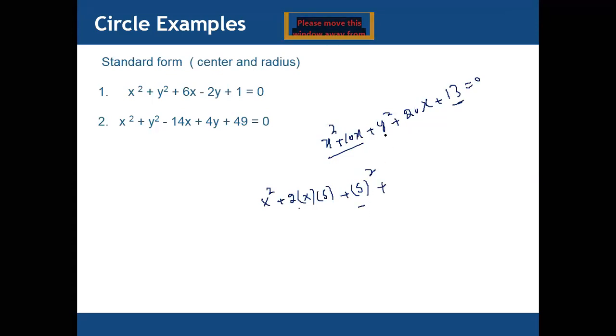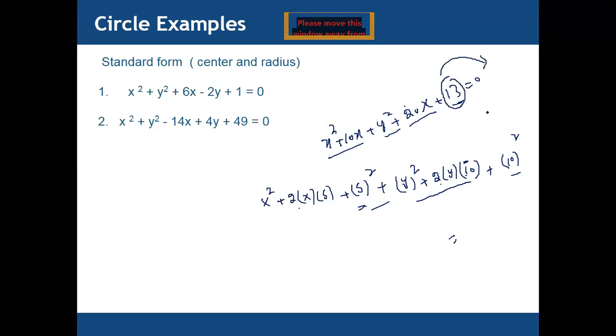Same for second, y square plus 20x. So we can write y square plus 2 multiply with y, and then multiply with 10, because 2 multiply with 10 equal to 20. Now to complete this y formula, we need actually b square, 10 square. So adding 10 square. So we add actually 5 square and 10 square. But we have only 13. 13 is not a perfect square. You need to transfer to other side. This will become minus 13.